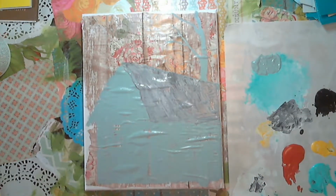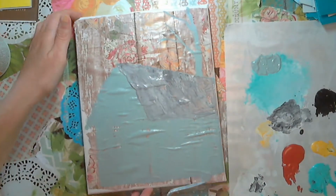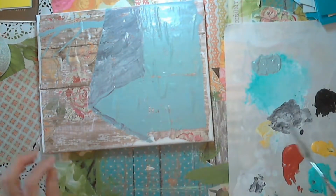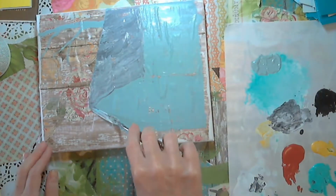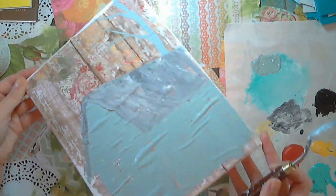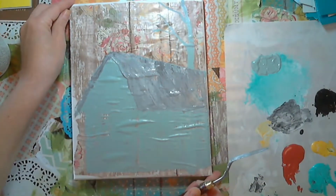Okay, so it's very light so far, but we got this part of the roof done here, and we're going to go over here and just pull straight down to indicate the roof line here. Okay,